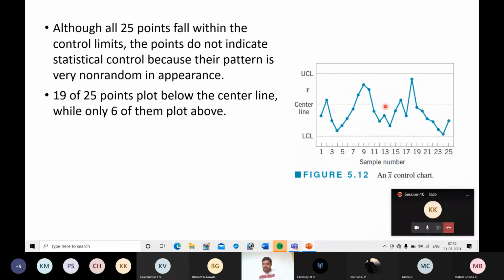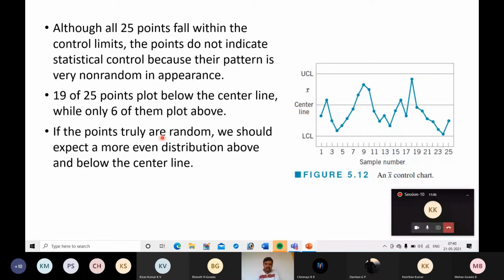Okay, so why is this happening? You will get some doubt. There may be some reason. For example, in the turning operation, you may be giving more depth of cut. Because of that, more material may be removed. In case of 25 times, 19 times you are removing excess material. Required is 18 mm, but you are getting below center alignment, so you are getting below 18 mm. So there might be some reason for excess removal of the material.